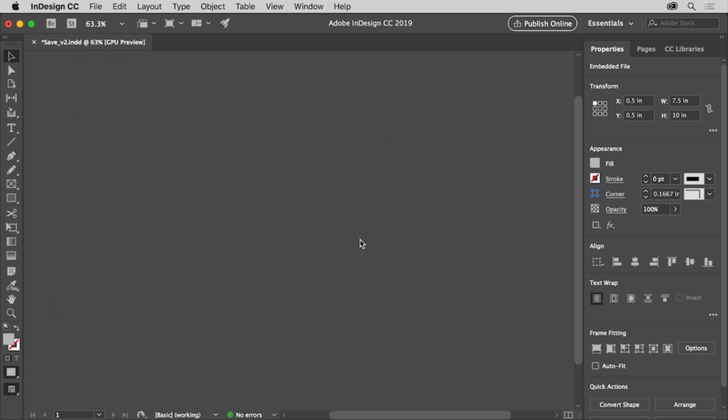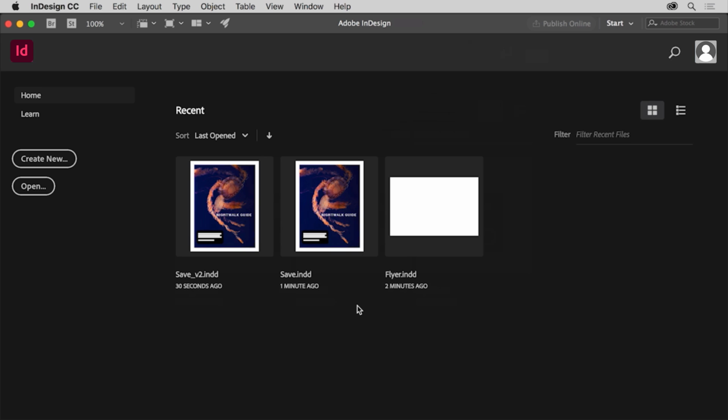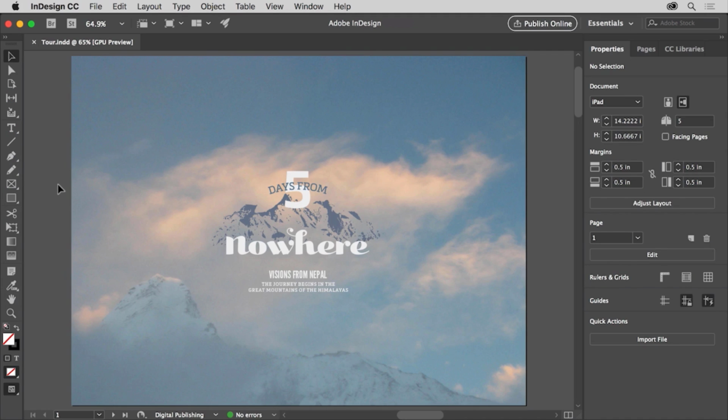Knowing how to save or export your files in Adobe InDesign also allows you to save copies of your InDesign files, maybe to create a version of the document you're working on or share your design with others for review as a PDF. Let's take a tour of Adobe InDesign so you can become familiar with the workspace and the